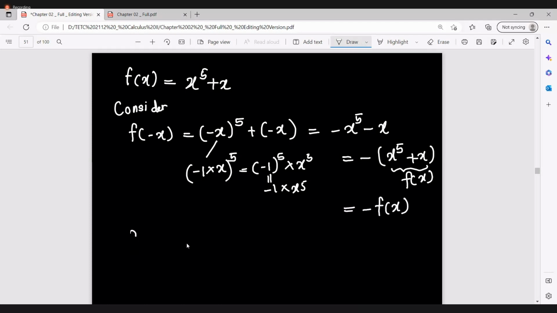f of x. So if we go back to the definition,